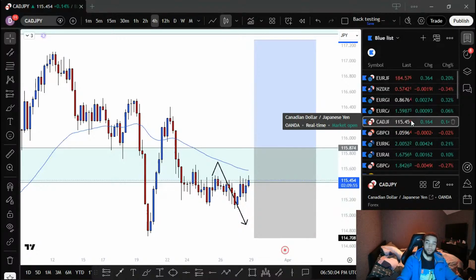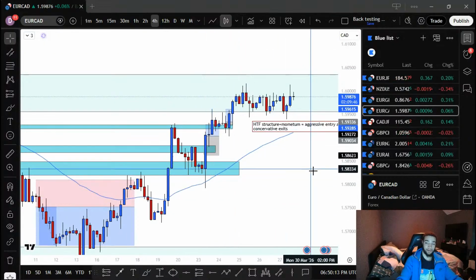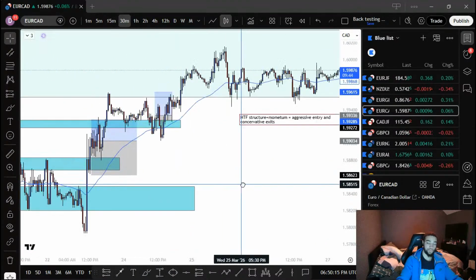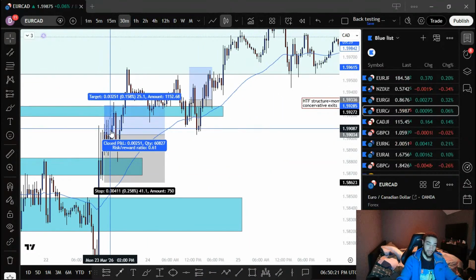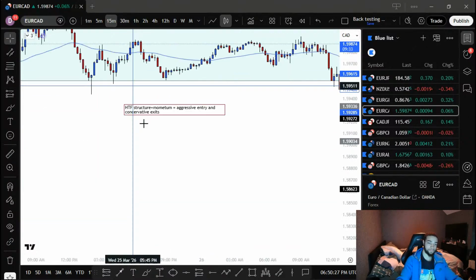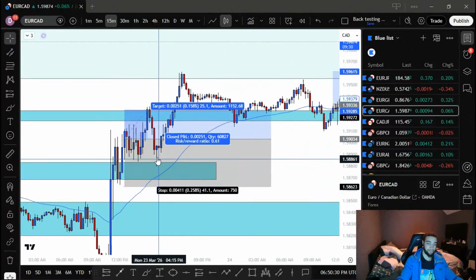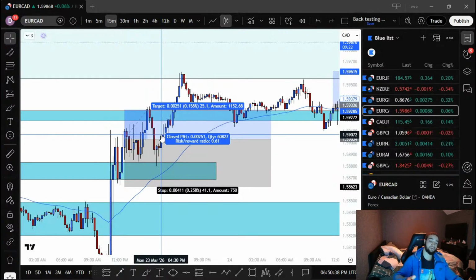Last week on EuroCAD, we took three positions. Actually, that's another point that I forgot. I doubled down on this position. Again, that higher time frame structure and momentum, I understood that very well. It was basically the same entry: I saw on these lower time frames price start to push back up. I believe I entered here, price pulled back, I saw price start to push up again, and then I doubled down on my entry because I understood that the higher time frame structure and momentum were there.